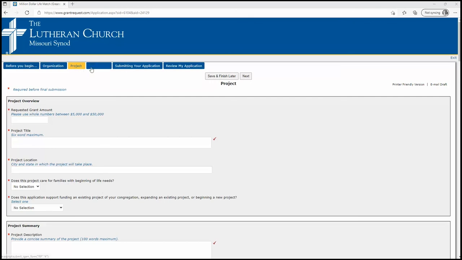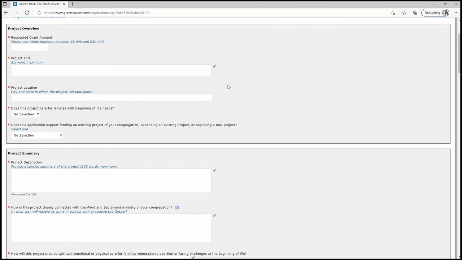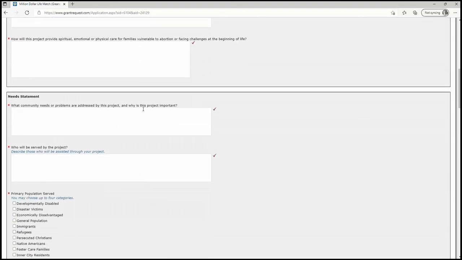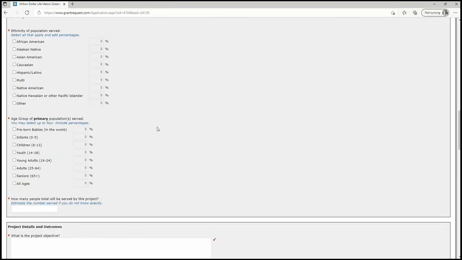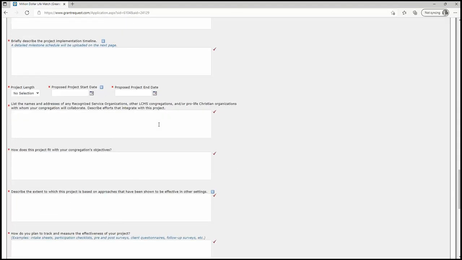And then there's this completely new element here called attachments, which we will also demo here in just a minute. So for now, you can see that this goes up to 50,000 in the request. That's a little bit different. You also have up to 100 words in your project description, but all of these questions are the same, and the navigation that you already learned in the previous demo is all the same. So one difference is going to be when we come to